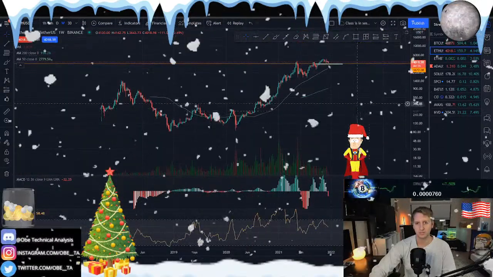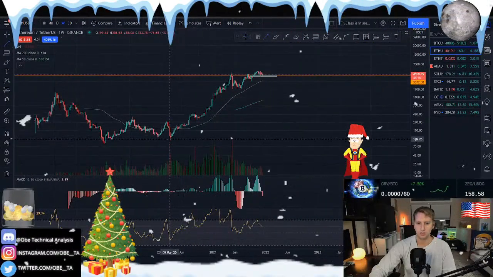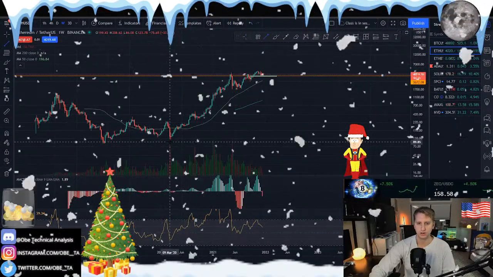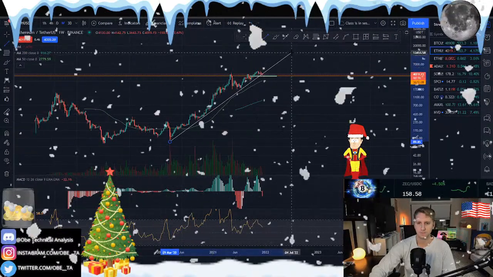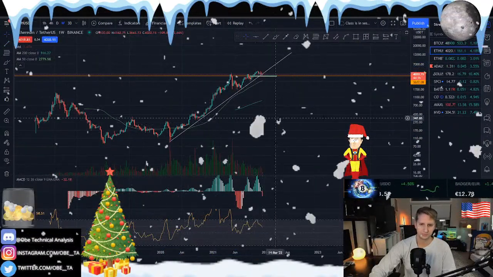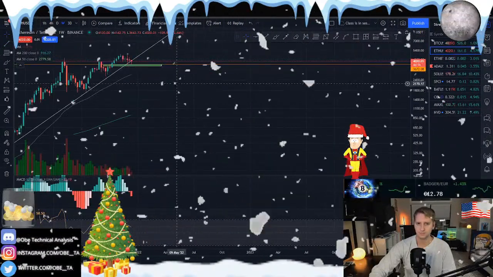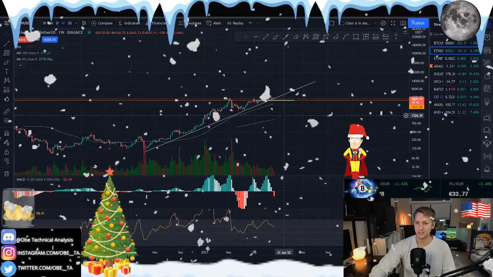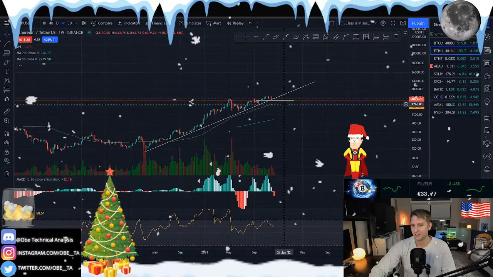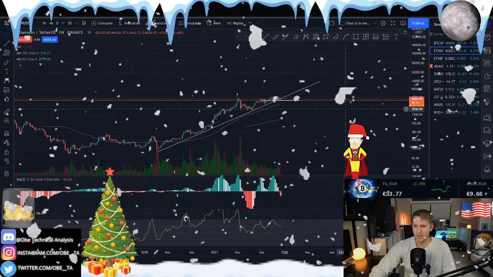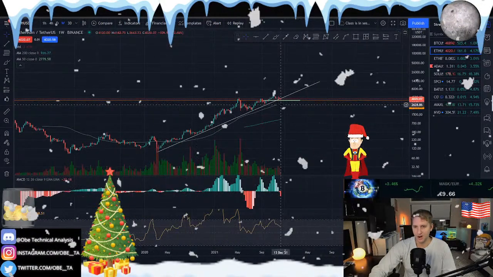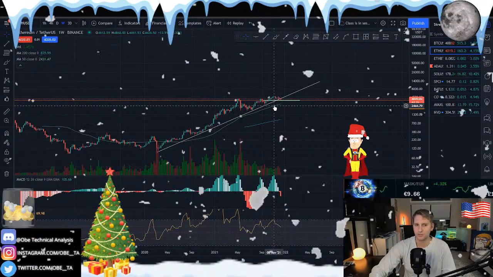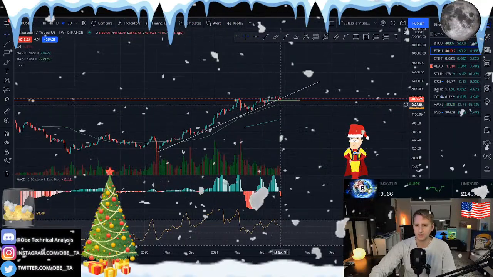Look at the weekly, man. What a beautiful, beautiful chart. You're holding that trend line too on the weekly, so it's kind of interesting. Because, I mean, really falling below that, your next level of support is going to be right down around the 50-day moving average for the weekly on Ethereum. It's also going to be at like